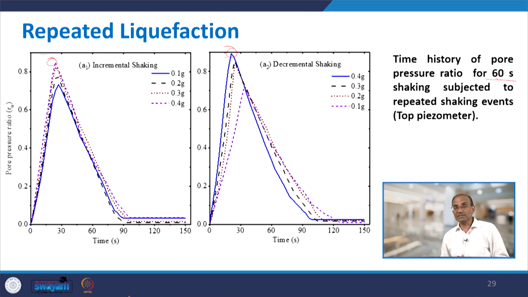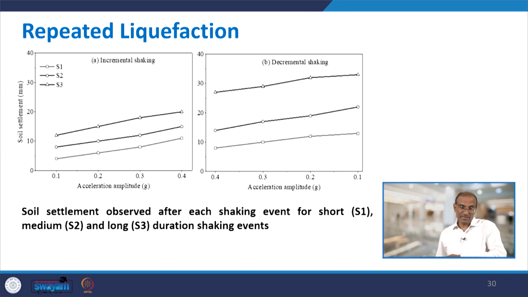and the reason is that in the incremental shaking you get the advantage that when you shake from 0.1 to 0.2 g, the sample gets densified. As a result, when you go for the higher shaking, pore pressure development is not so much as it was in the fresh shaking. So, some of the conclusions have been listed out later.